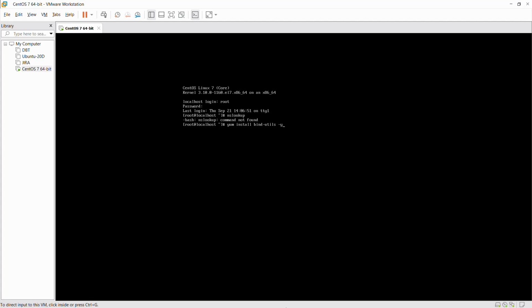These lookups are part of DNS, the Domain Name System, or domain name service, whatever you may call it.